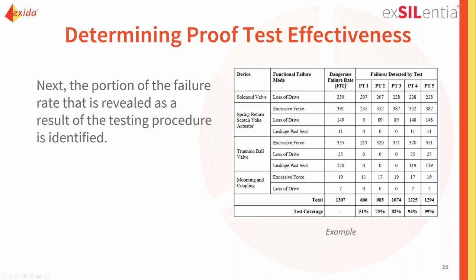And we can see that of the dangers and detected failures of the solenoid, we will be able to detect certain failures if we do a partial stroke or full stroke, but we will detect more failures if we do it at operating conditions or if we do a leak test. And the same thing with these other components. So valve, excessive force, certain failure rate, loss of drive, a certain failure rate, and it's all